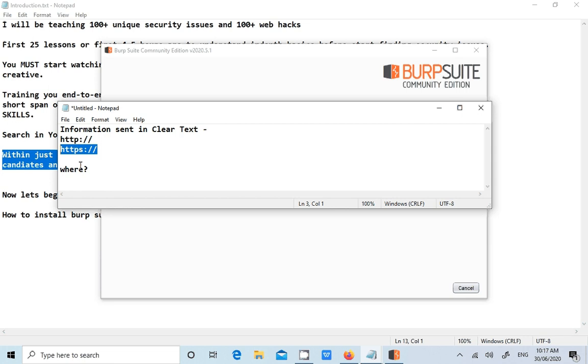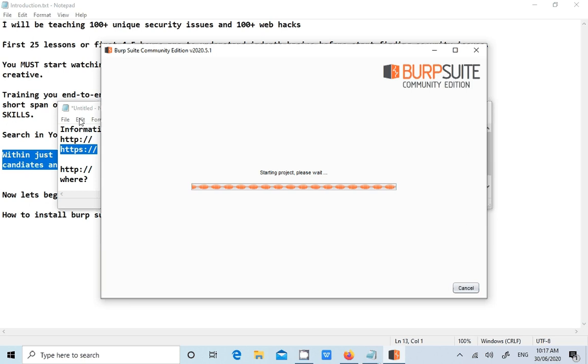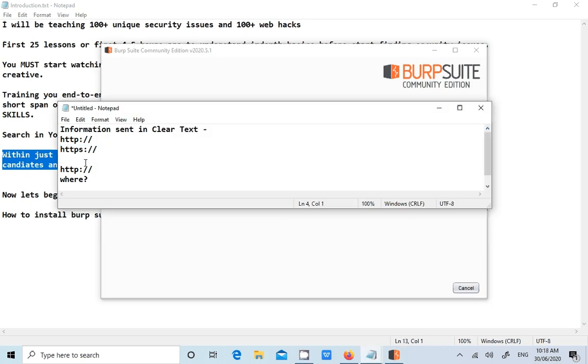But sometimes, even if the web application is running on HTTPS, some internal pages will be sent over the HTTP protocol. Then that is also a security issue. Whenever you come across HTTPS, it is very important to check whether all the data is sent over HTTPS itself or not.